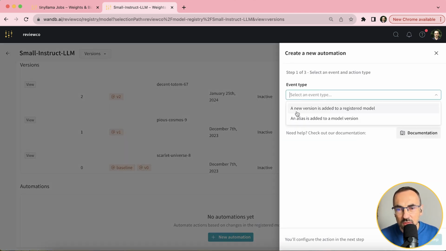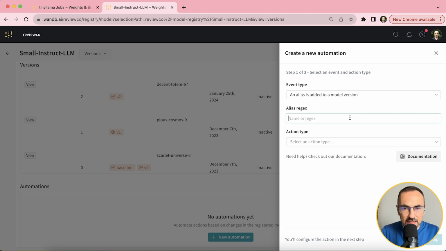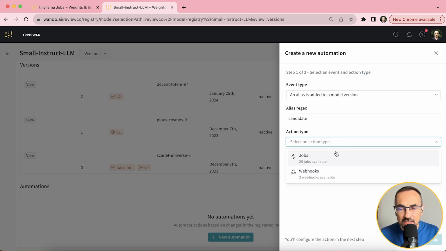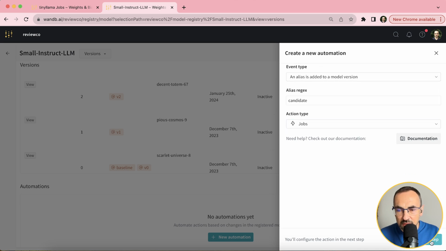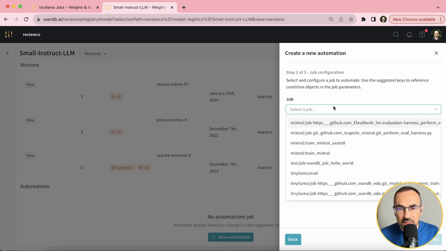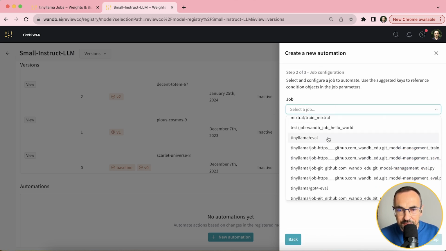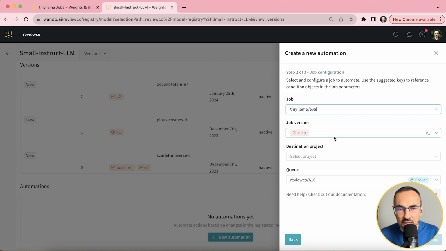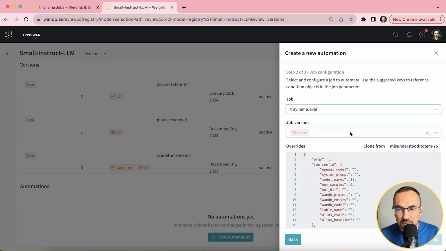And we can run this automation either whenever a new version is added to a registered model, or whenever an alias is added to a model version. So in this case, let's do it based on an alias. And again, we will be using the candidate alias, and the action is going to be a Weights and Biases job. And in the next step, we'll select the job, and this is going to be our eval job that we just recently run,